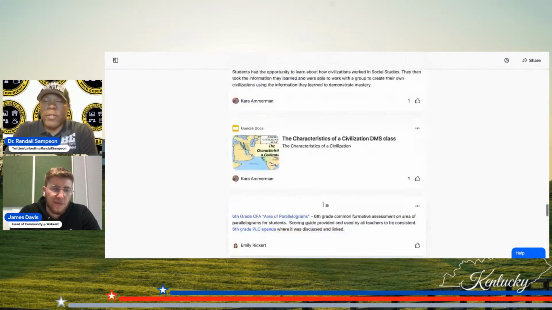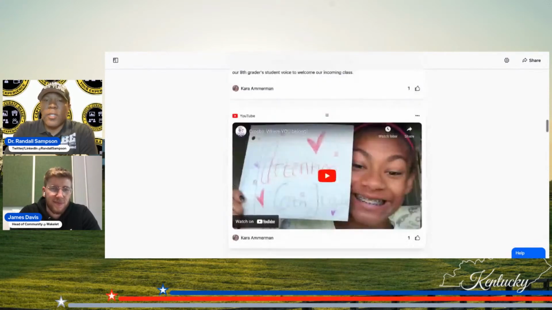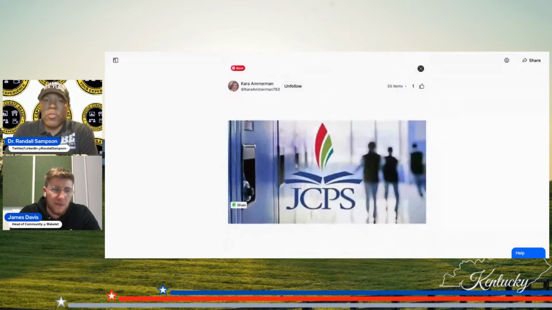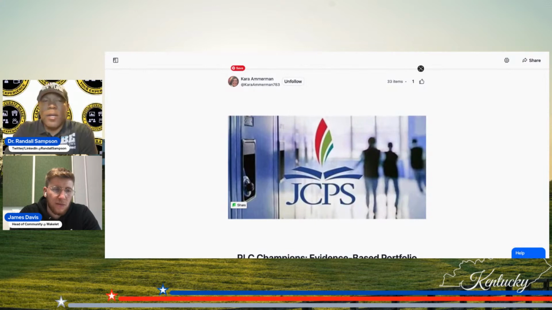So this is very rich and very detailed, using the template for their PLCs. And Jefferson County Public Schools is doing an absolutely amazing job with their leadership team and their teachers in their building, all working together on their PLC and documenting the process in action, which is critical.